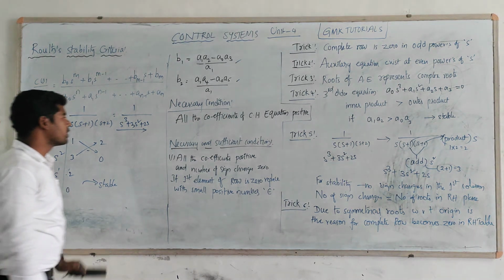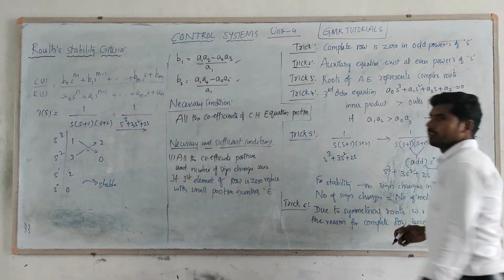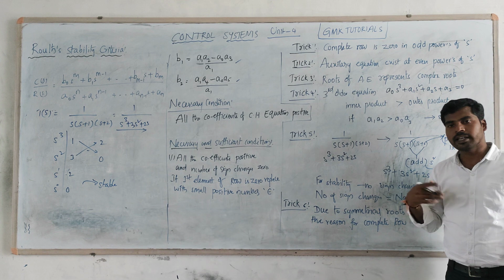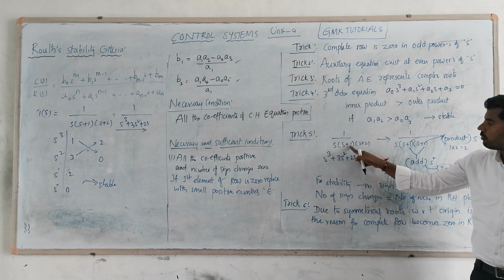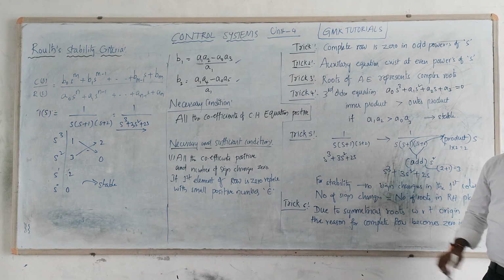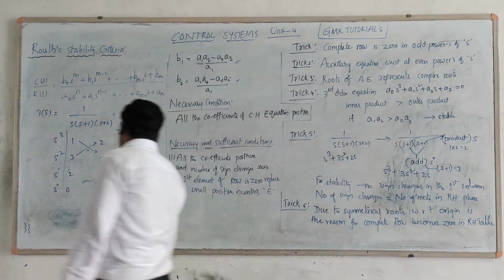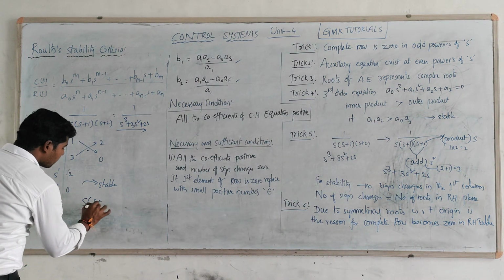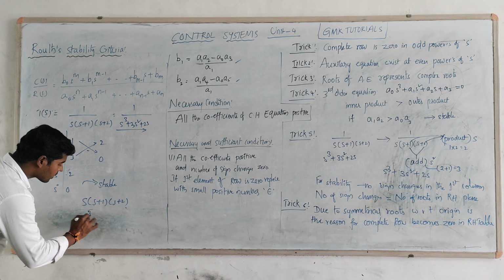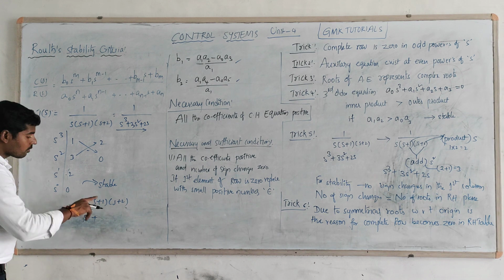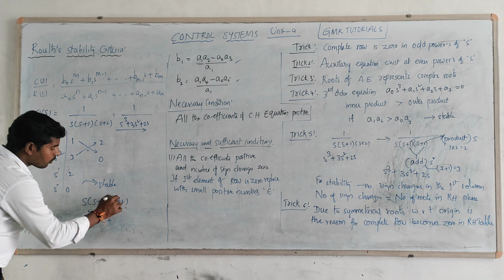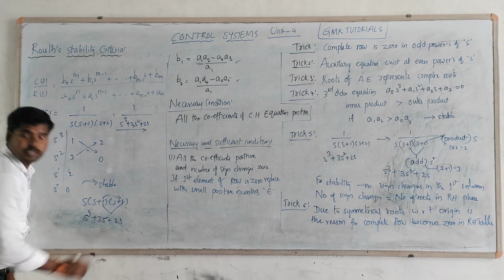Okay, I will give a trick for this. If you are taking a third order system, this is a general pattern: 1 by S into S plus 1, S plus 2. If it is in this format, you do not need much calculation or multiplication. Take the 1 and 2 here, whichever are there, and first add the constants you have taken. Suppose we take 3, so this consideration is S into S plus 1 into S plus 2. Obviously there are 3 factors, so you can blindly say that it is a third order. Next the previous order is S square. For S square, add these: adding 1 and 2 gives 3S square. If you take the product of 1 into 2, that gives rise to 2S. That is a trick.